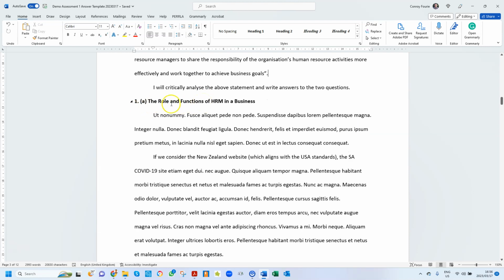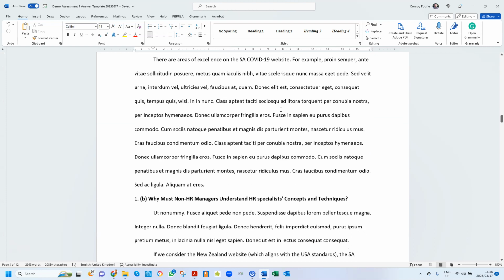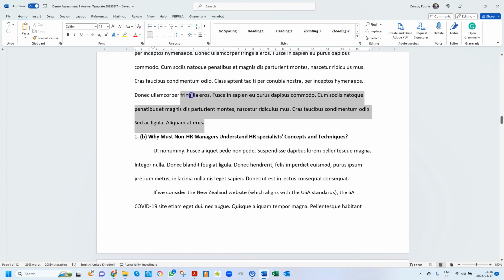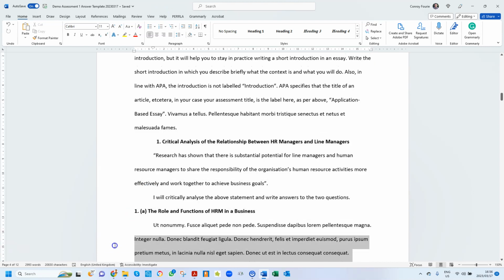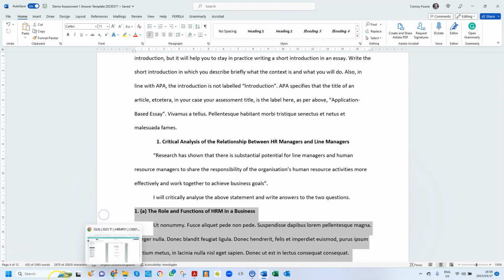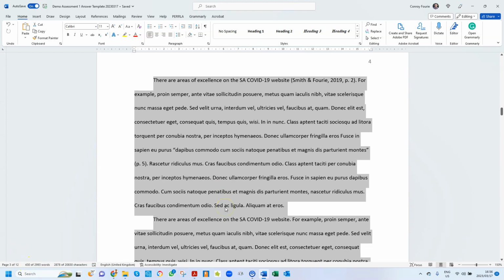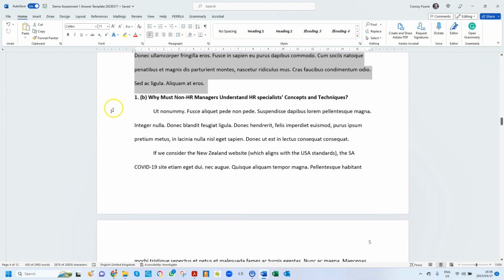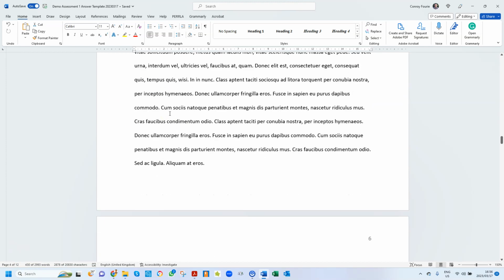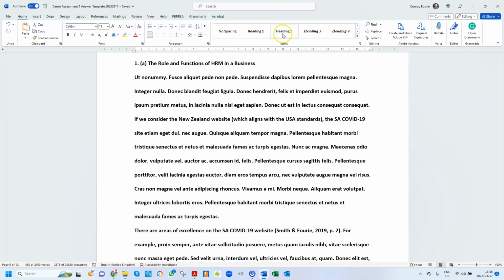And then the role and functions of HRM in a business, and you will see the amount of words, just to indicate to you the volume, that would be exactly 430, okay? And it will be the same case for that 1B there, 430 words. And then the second question,